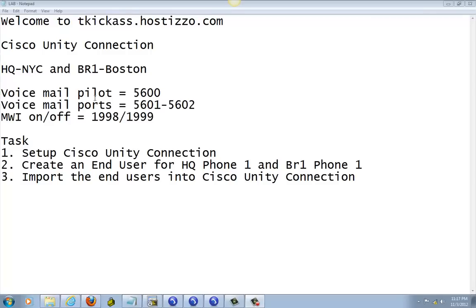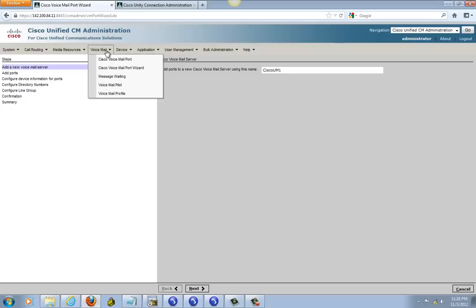Our voicemail pilot will be 5600. Voicemail port will begin with 5601 and choose 5602. MWI on and off is 1998 to 1999. Okay, so let's get this going. First thing is go to here, click on voicemail, then go to the Cisco voicemail port wizard, which will bring